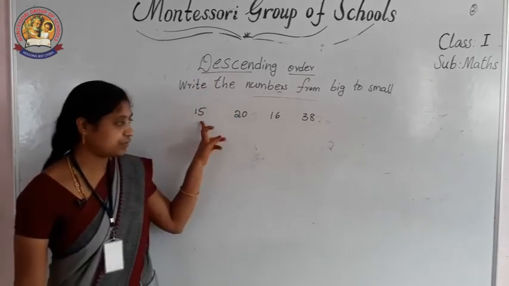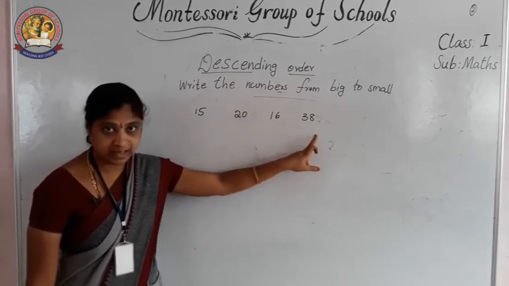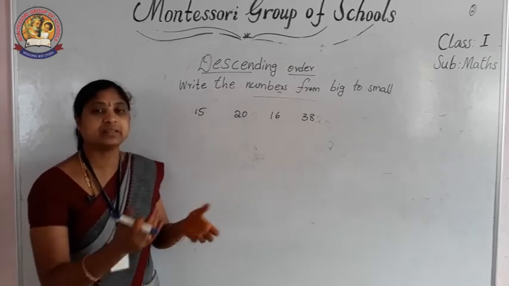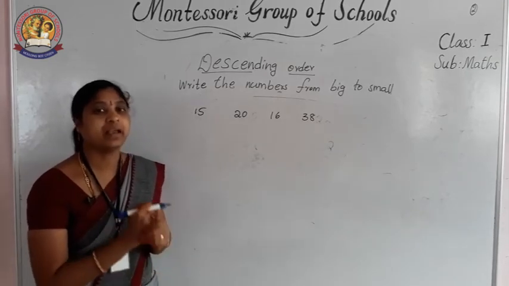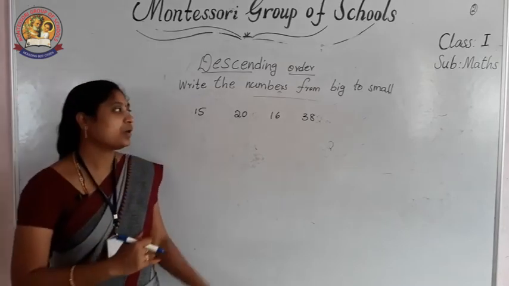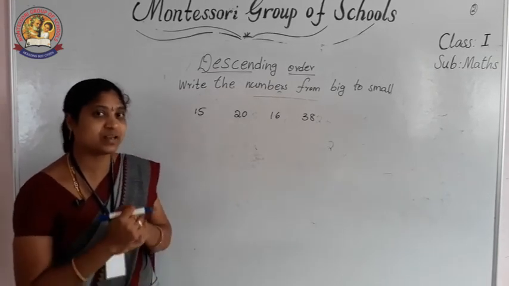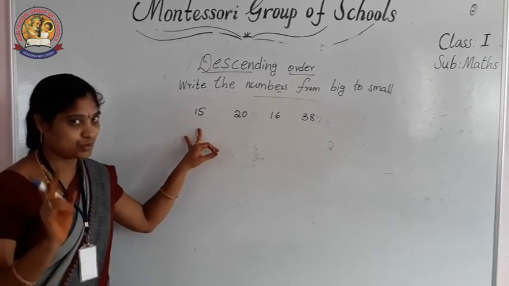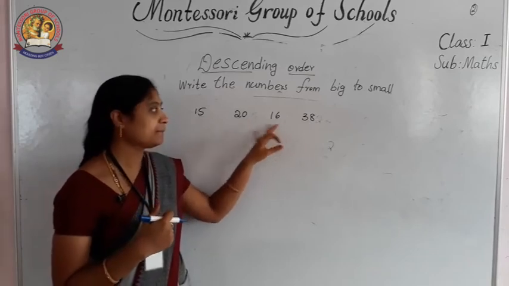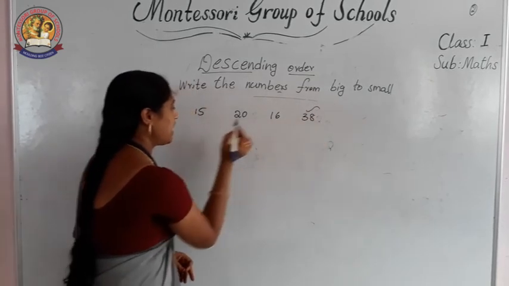Okay, here 15, 20, 16, 38. Okay, in these numbers, which number is the big? In descending order, write the numbers from big to small. Tell me students, which one is the big? 15 is the big? No. Next, 20? No. Next, which one is the big? Yeah, very good. 38. Now select this number and write here